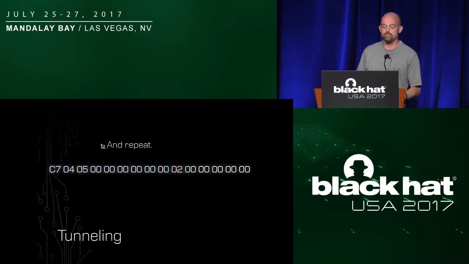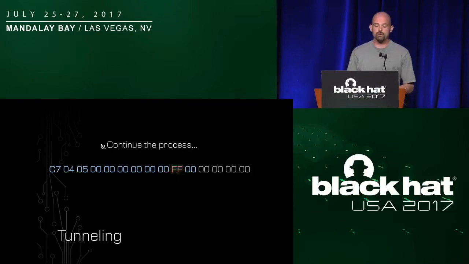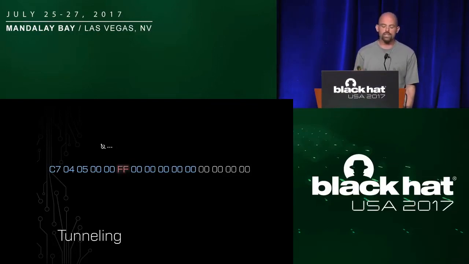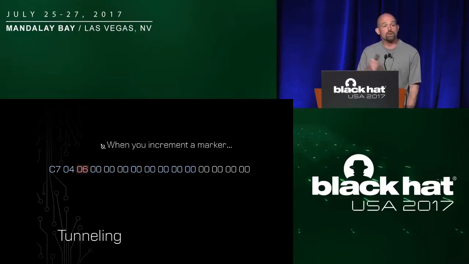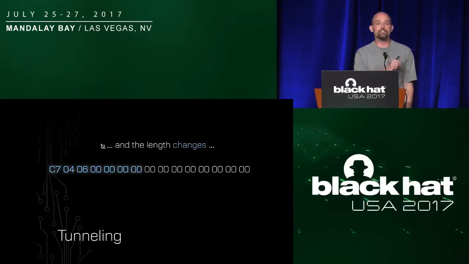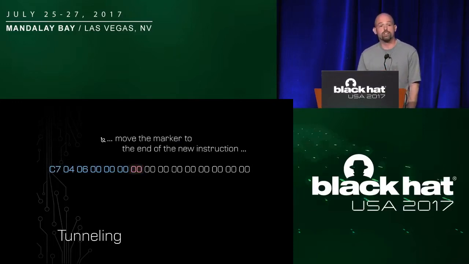Increment the marker, execute the instruction, observe its length. And we'll keep doing this. Eventually, in this situation, that marker will roll over again, so we'll move back another byte. The marker will roll over, we'll keep moving back. And we keep doing this, continuously incrementing and moving back now, until eventually, when we increment one of these bytes and execute the instruction, the length of that instruction is going to change again. So we know that we changed another fundamental piece of this instruction. So now we're going to move to the end of the instruction and start the process all over again.